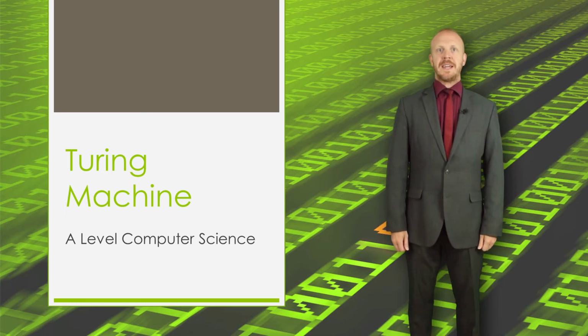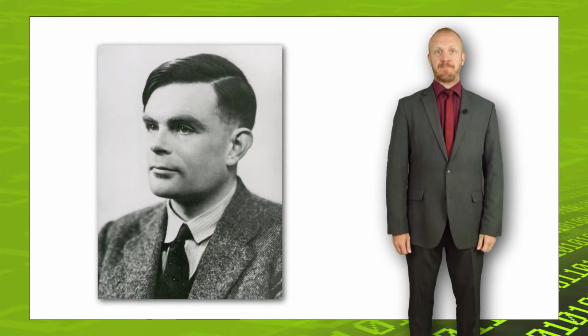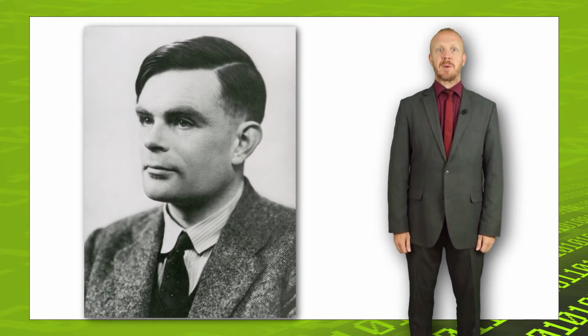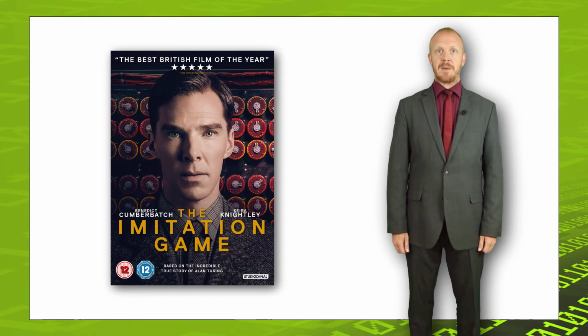Most people, particularly people who've elected to study computer science at A-level, will have heard of this guy, Alan Turing, the famous World War II codebreaker, a hero who cracked the Enigma code and saved millions of lives, only to be forcibly chemically castrated by his government for his homosexuality, leading to his suicide. You may have heard of him through the movie The Imitation Game, starring Benedict Cumberbatch.